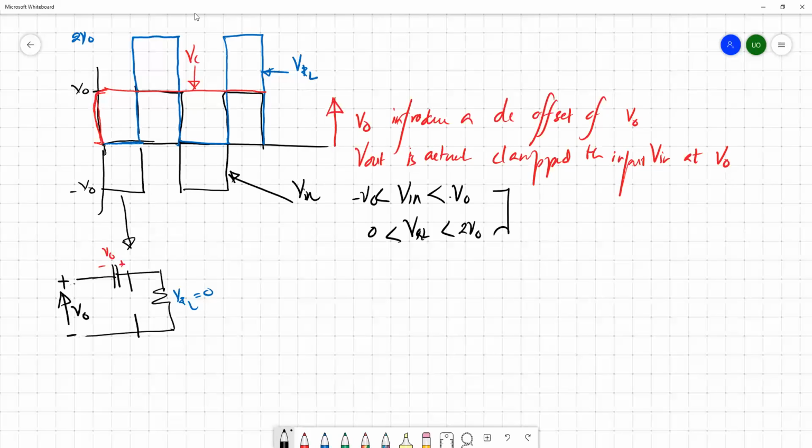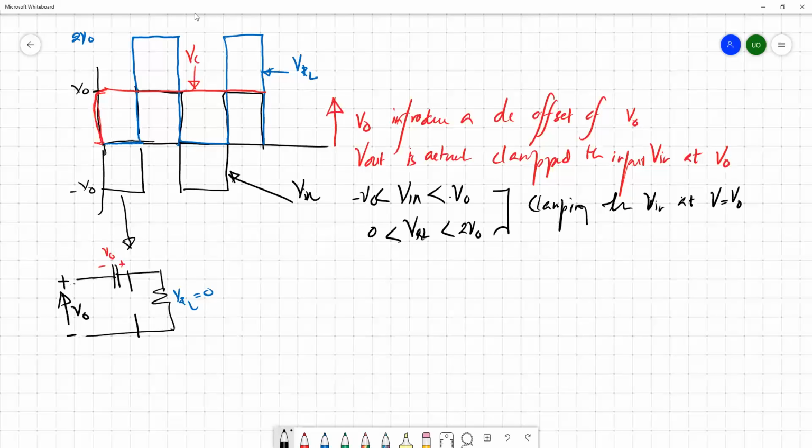So this is clamping the input at V0. This input is simply clamped at V0. So then only you can have a DC offset of the original input signal by V0, and the output would be simply between 2V0 and 0. Whether you apply a voltage which oscillates between plus V0 and minus V0, due to this capacitive effect, you can push this output voltage